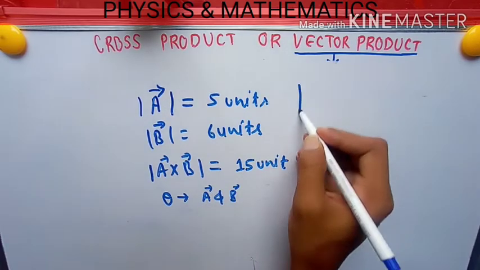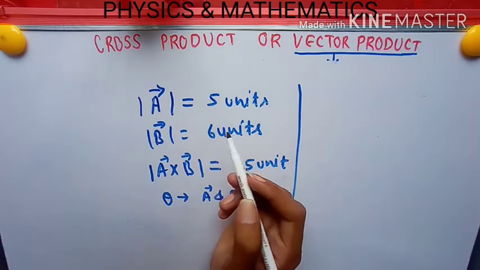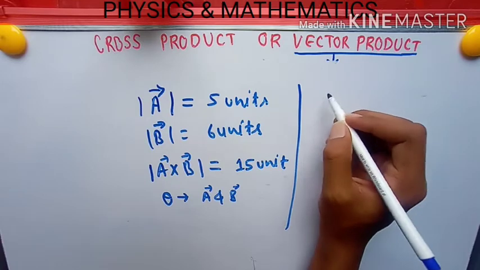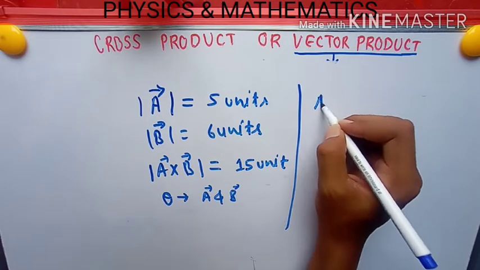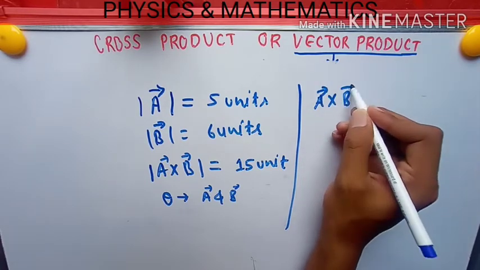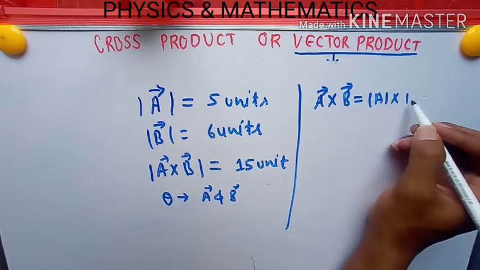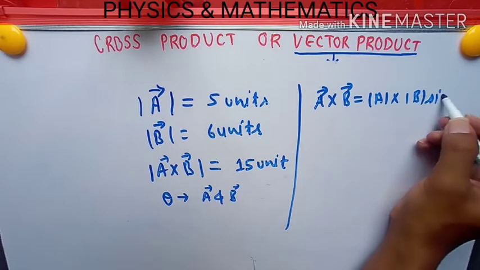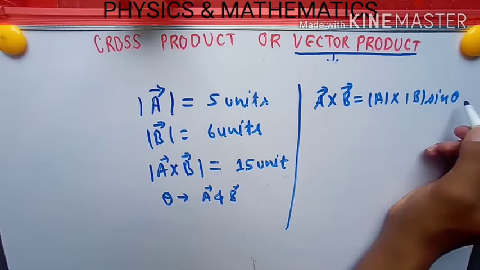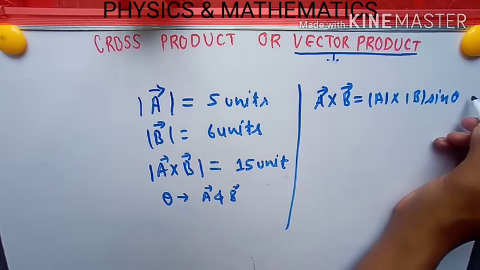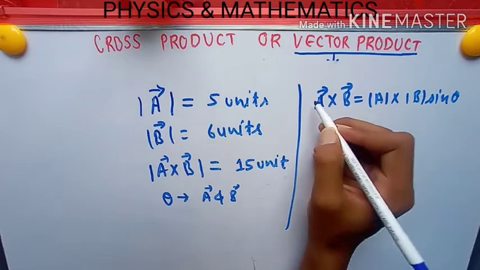Okay, so for this one, look, there is no i, j, k, so you have to use the simple formula. Do you remember? A cross B is equal to mod A mod B sine theta. Okay, and I said earlier that when you do not need its direction, you will put mod here.